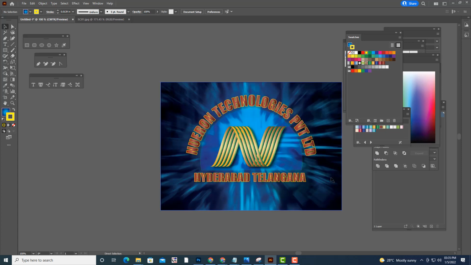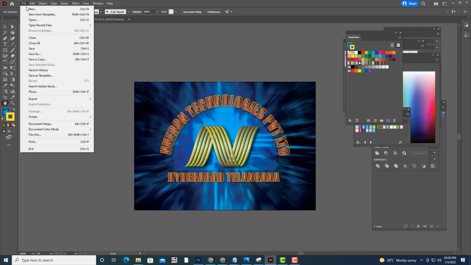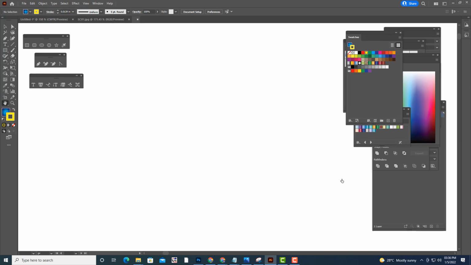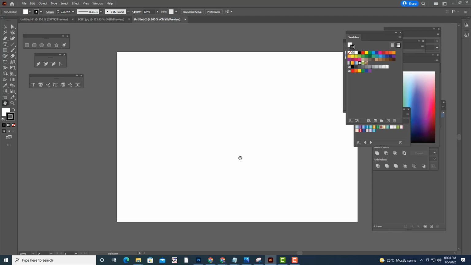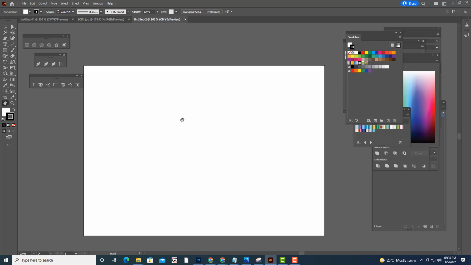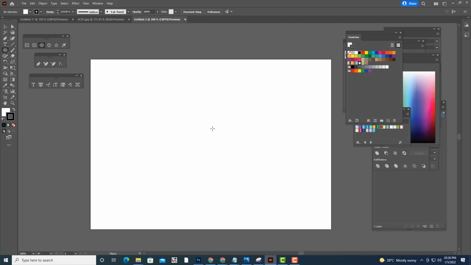See, I have used a cylinder actually, a cylinder to create this neuron N symbol. This time I will use a sphere actually. I will try to do one logo with a sphere. Okay, let us see how we'll do. So let me just create a new document. See, what I will do is I will take one ellipse.